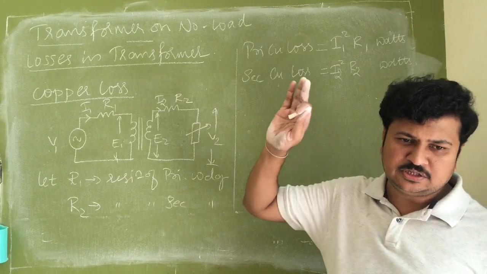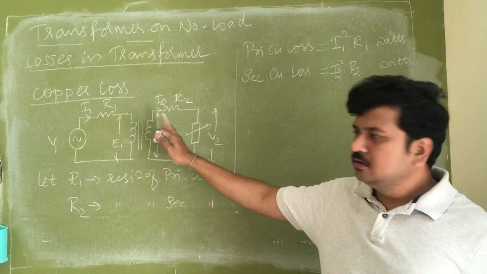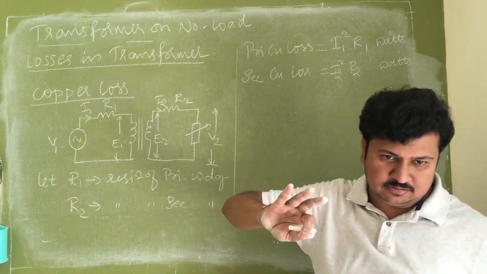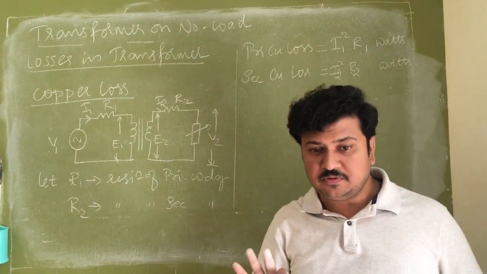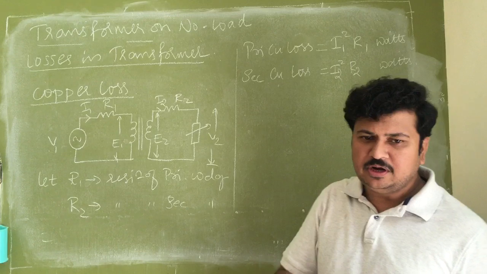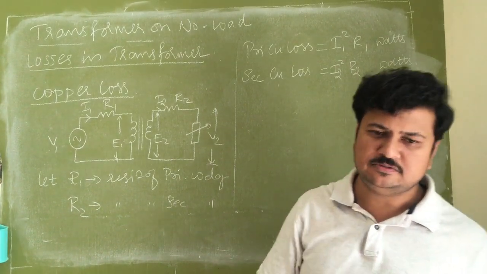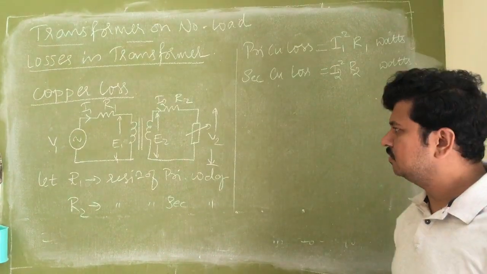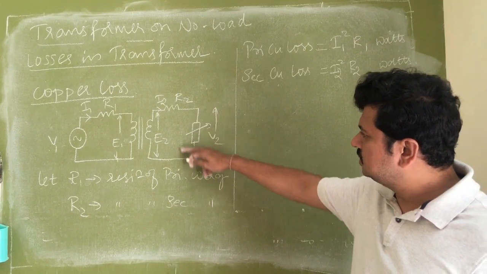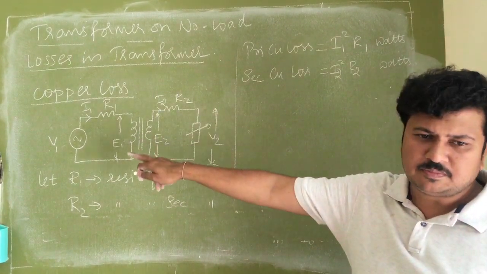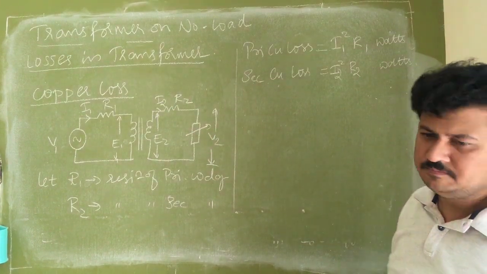Suppose I0 is 0.5 amperes. Now current drawn by the secondary is say 5 amperes. Current drawn by the primary is roughly 5.5 amperes. Roughly, not exactly, because 0.5 plus 5 is not algebraic addition, it is vector addition. That part you don't worry about. So as the power requirement in the load side increases, power drawn at the supply side will increase. So as I2 increases, I1 will also increase.